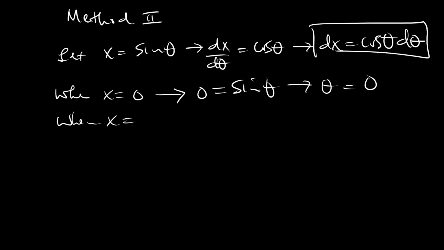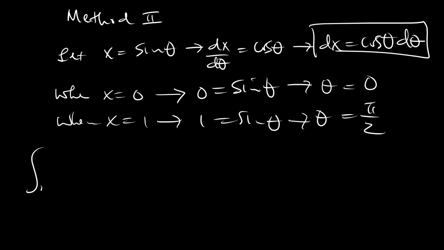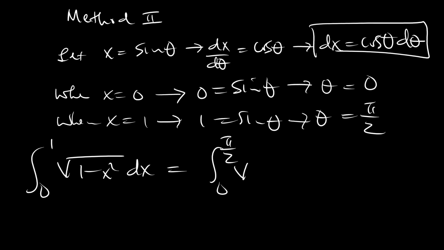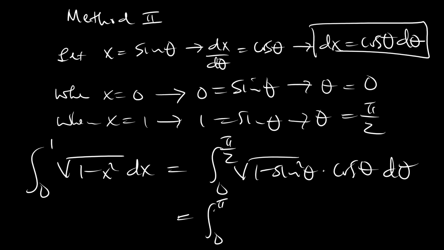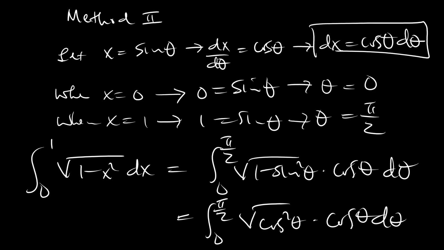When x equals 1, 1 equals sine theta, and therefore theta, the arcsine of 1, is pi over 2. Therefore the integral from 0 to 1 of the square root of 1 minus x squared equals the integral from 0 to pi over 2 of the square root of 1 minus sine squared theta, cosine theta, which is equal to the integral from 0 to pi over 2 of cosine theta times cosine theta,